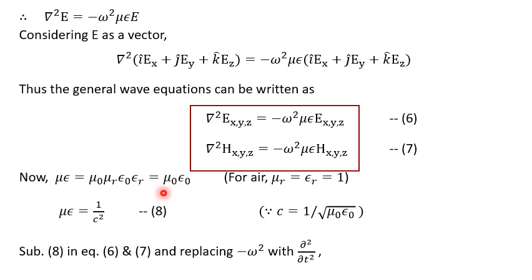So this you can also write in terms of the speed of light. We know that c is equal to 1 by root mu naught into epsilon naught. So you can write mu epsilon is equal to 1 by c square. By substituting this equation 8 in equations 6 and 7 and replacing this minus omega square with the operator dou square by dou t square,